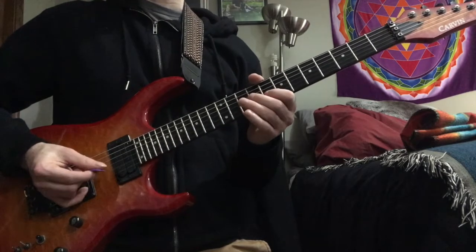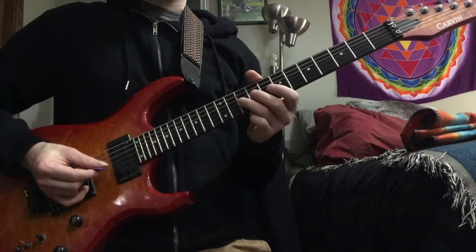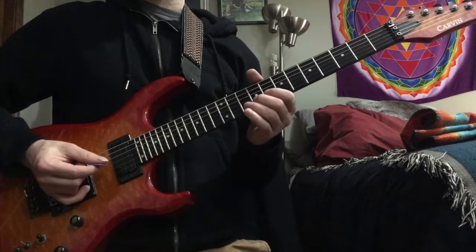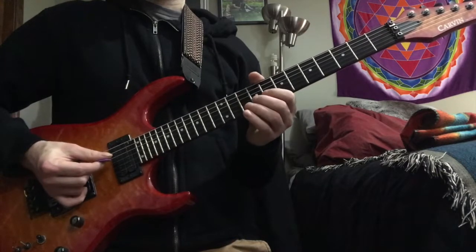Okay, so after the C, and then you go back to E, pick the E, and then pick F with your ring finger, up to G, and then pick A flat. Okay, so I'm picking every note from that part on when you start with the C major arpeggio. So now we have...